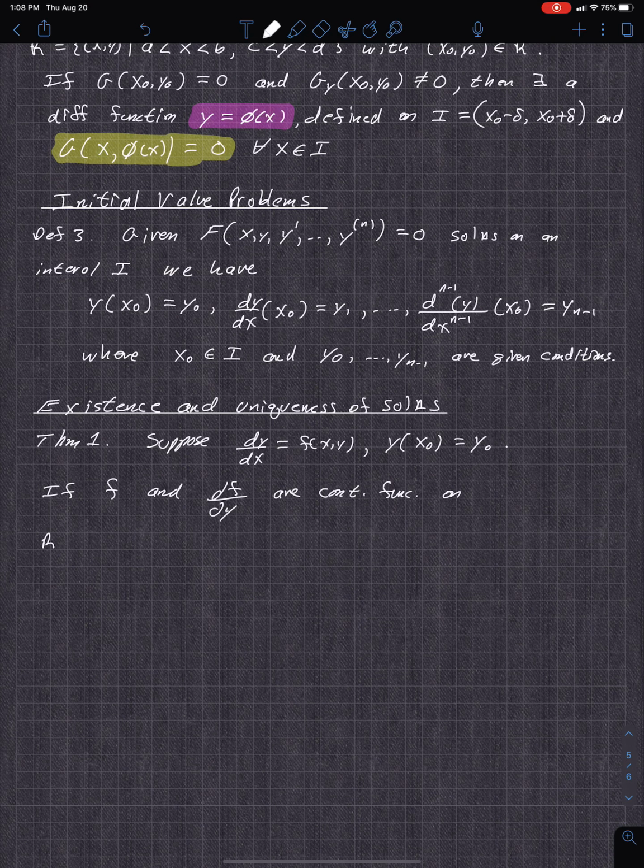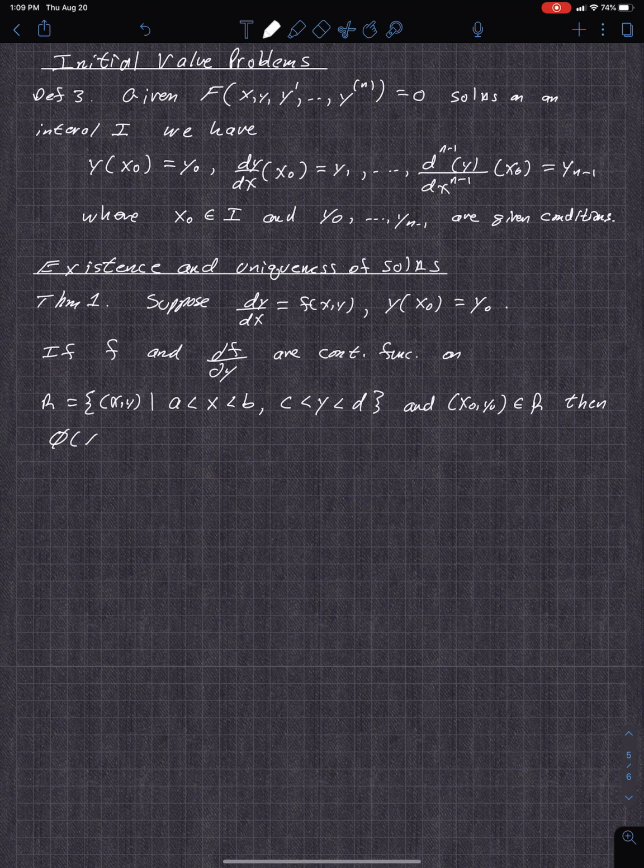So this will be the same R defined above, basically. R is that rectangular region, so all ordered pairs (x, y) such that x is between a and b, and y is between c and d. So it's an open rectangular region. And you have (x₀, y₀) in R, then